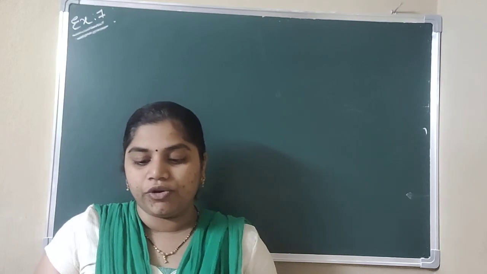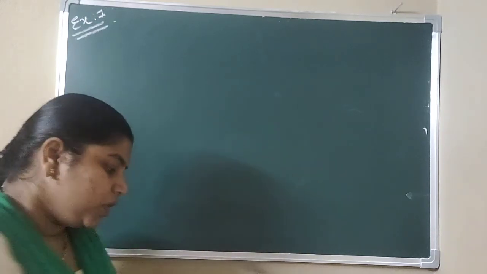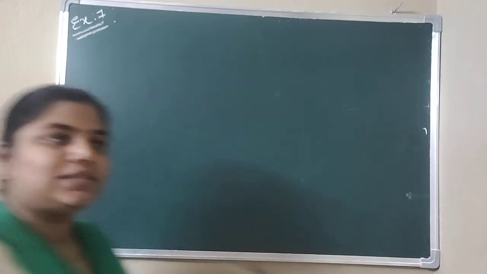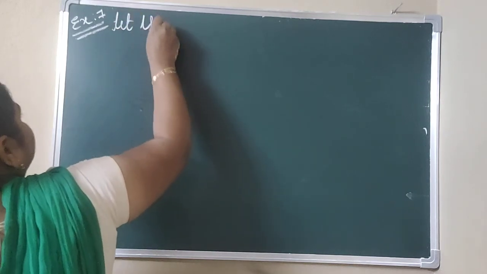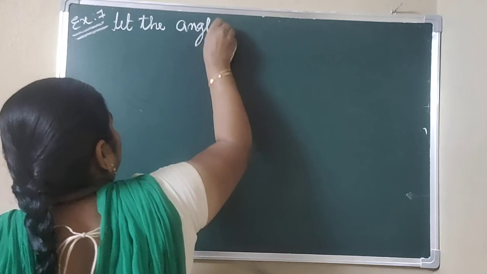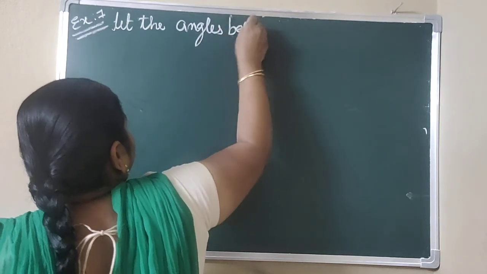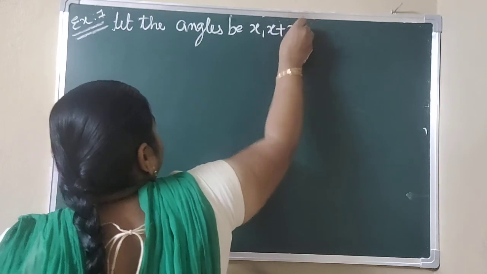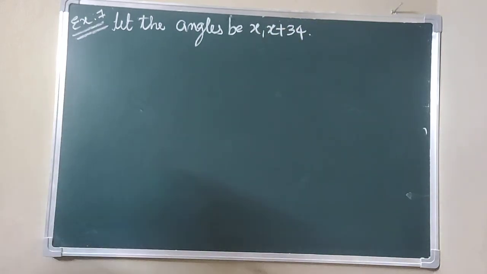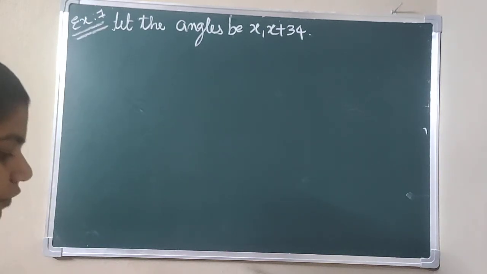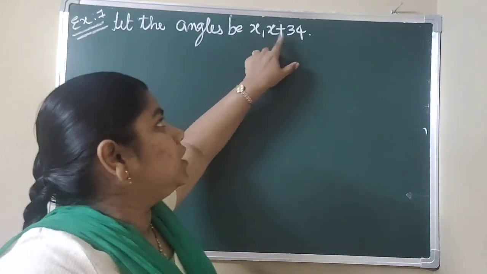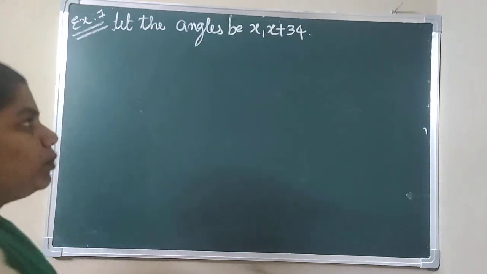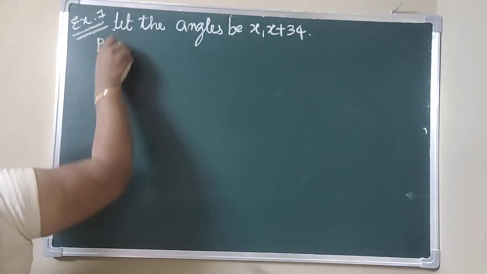So find the angles. What do we have to find? We have to find the angles here. So I am taking the supplementary angles as x and the other as x plus 34. So let the angles be x and x plus 34. If you subtract these, what is the difference here? 34. And what do we mean by supplementary angles? Supplementary angles means the sum of two angles. If you add these two angles, that will be equal to 180. So by the problem we can write